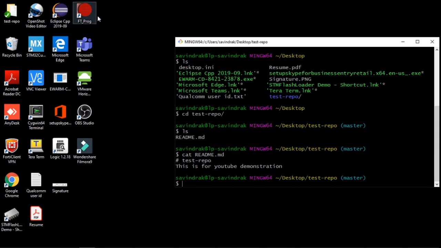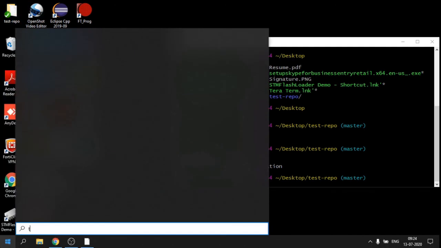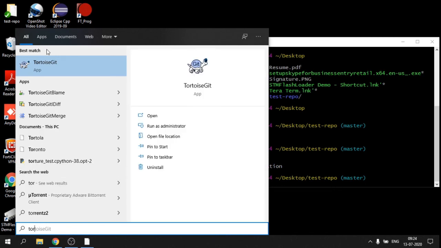So you see a green symbol on my local repository. If you don't see this green symbol, don't worry about it. This comes by installing Tortoise Git software.